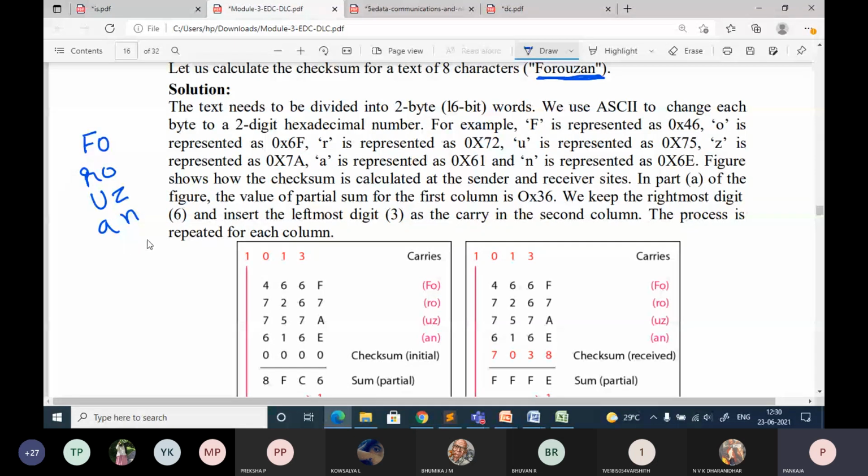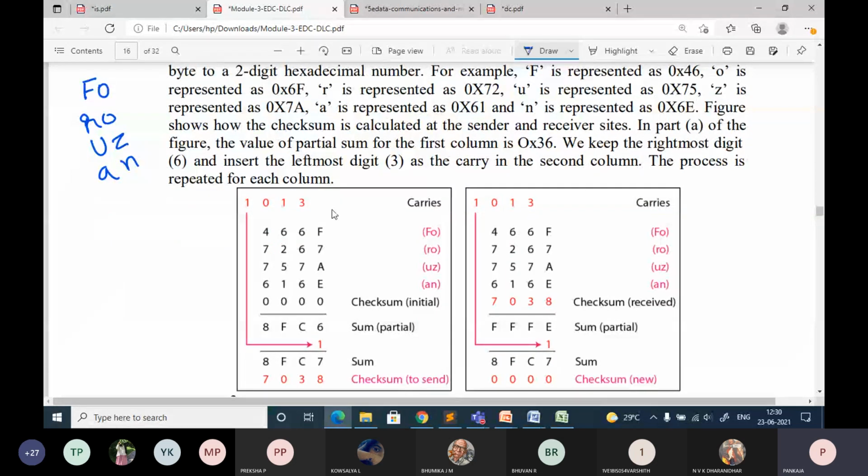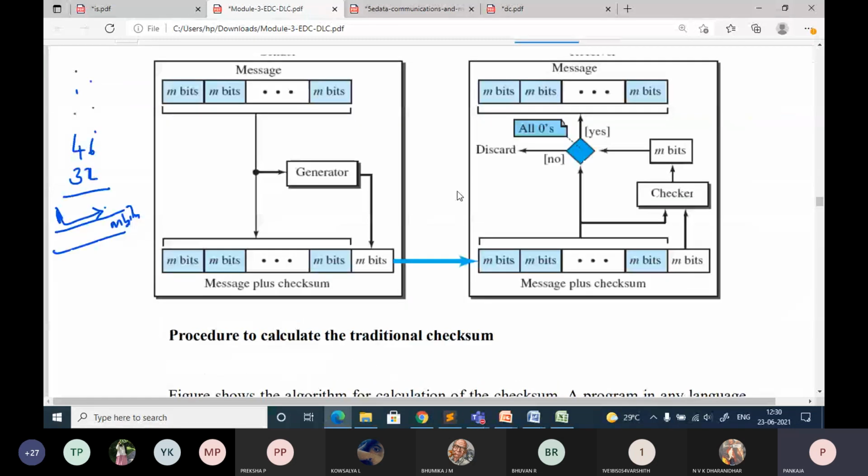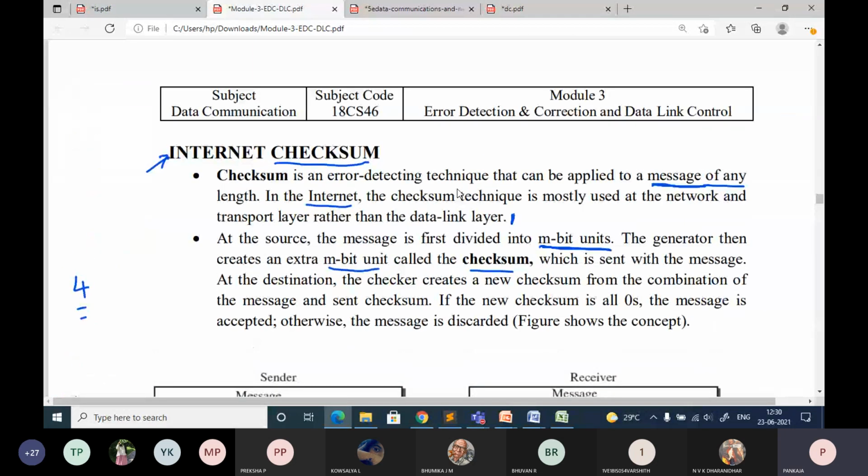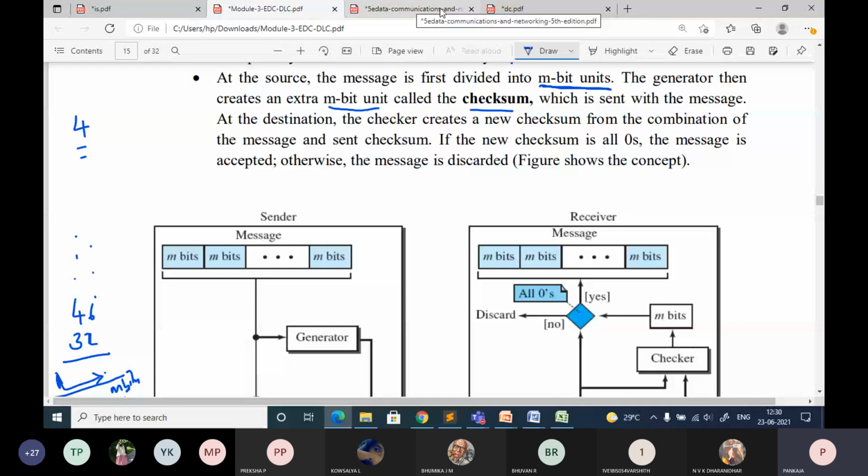The same thing is done. I want you people to try this later. In case when you are adding the elements, if any carry out is generated, that part was not there in the problem we solved here. If any carry out comes, that should be added back to the LSB. So that you remember always.